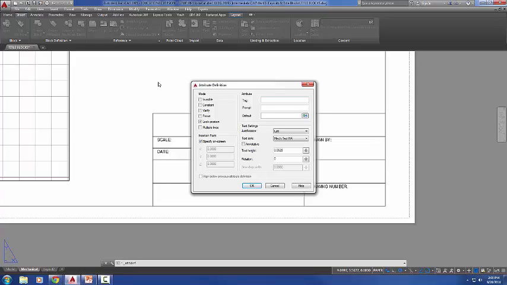So for the tag, I'll put it all in caps and I'll say drawing name. You can't have a space in your tag. It's no biggie if you put it, it'll just pop up and say you can't have a space, and you'll just need to go in and delete that space. So if you want to put an underscore, no space, a little star there, or whatever it is that you need, just know that you can't have a space there. So for the prompt,